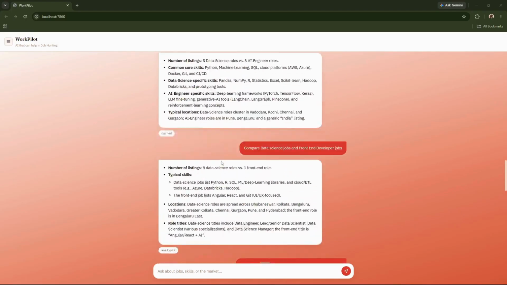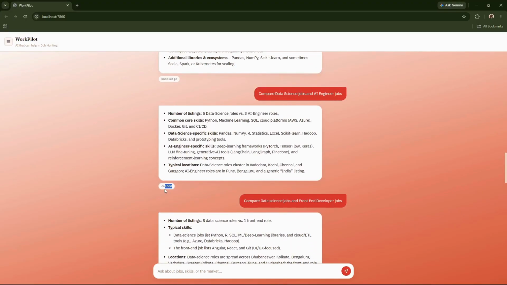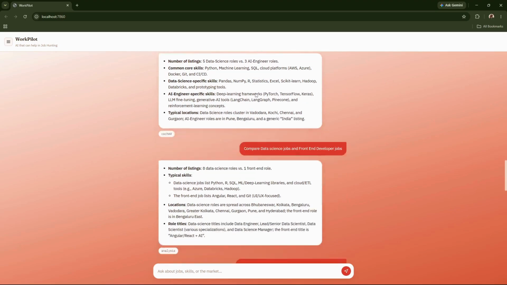If you check out this section here, it says cached, which means that this question has been asked before and it is saved in the cache memory. By asking a similar question again, it gives us the answer from the cache memory and saves us time and computation. If we look here,